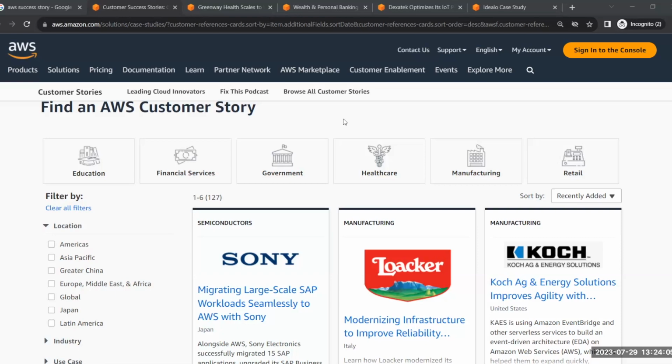The order has reached this warehouse. From this warehouse the order is shipped to your local region. Then from there the delivery agent has picked up the order and you are getting the order. So whatever you have ordered, it is coming to you. So order placement is one thing, and then shipment to your destination is another thing. So that can also be one of your architectures, one of your projects. Are you guys getting me?